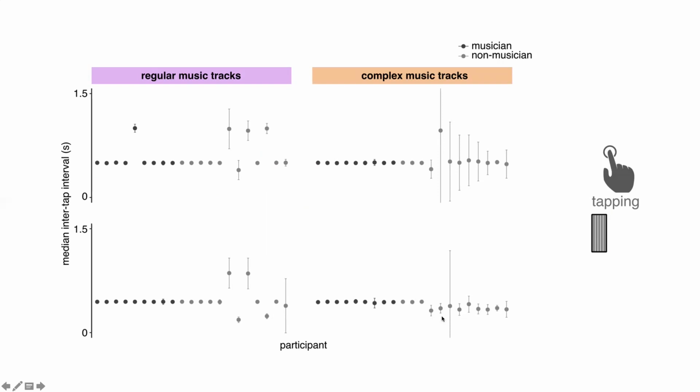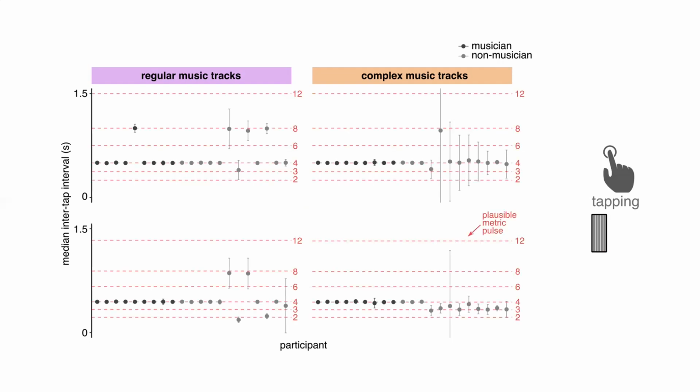And because this electronic music was quantized, we could actually calculate periods of different plausible metric pulses for each track. And indeed, participants consistently tap pulse periods from a plausible and coherent metric set, except for this last complex track where some non-musicians seem to tap near intervals with a 3-to-4 ratio to the rest of the participants. And in fact, this music track involved a strong 3-to-4 cross rhythm, which seems to have confused these participants, and